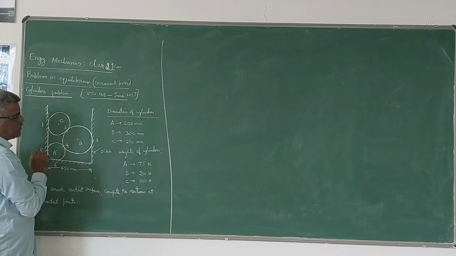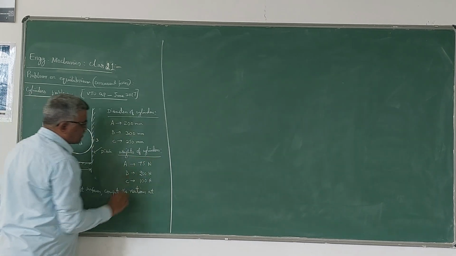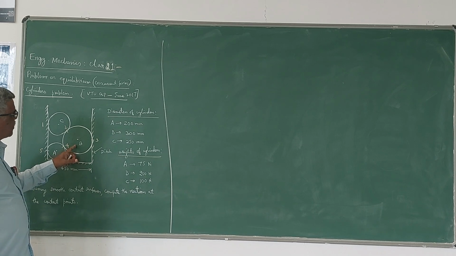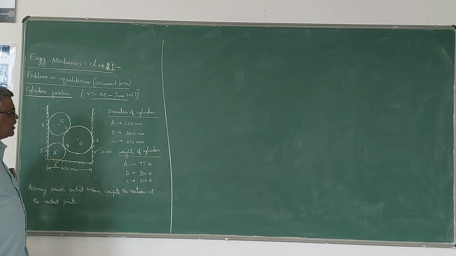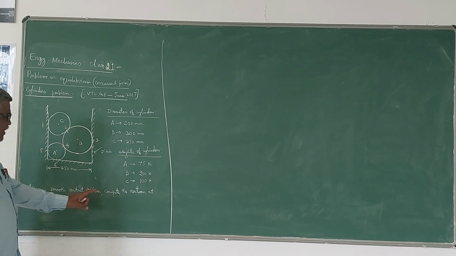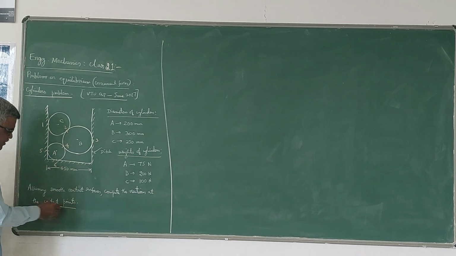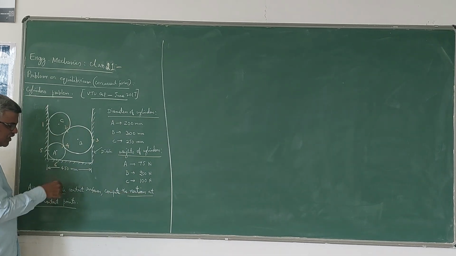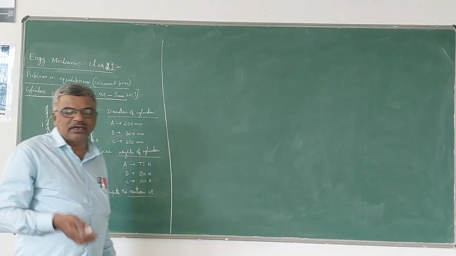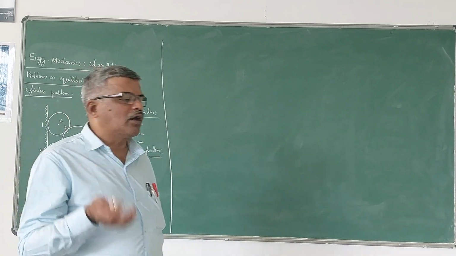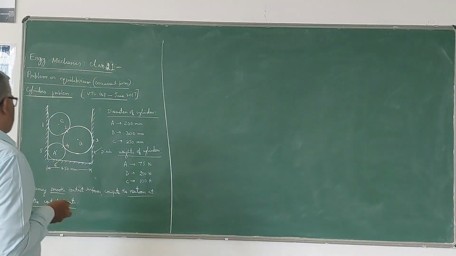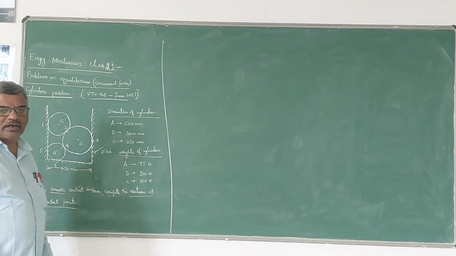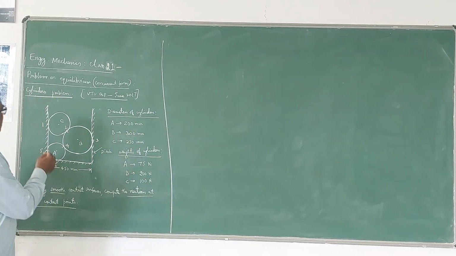that is 250 mm, and weights of cylinders are also different. Cylinder A weighs 75 Newton, B weighs 200 Newton, C weighs 100 Newton. He has asked the reactions at the contact points, assuming smooth contact surfaces. Smooth contact surface means you will be having only one reaction, as I already told, which will be normal to the contact surface. So here, if you see the number of contact points, so you can see here there is